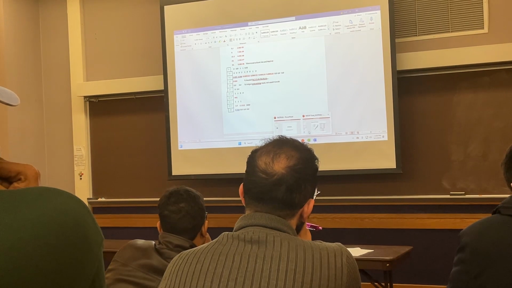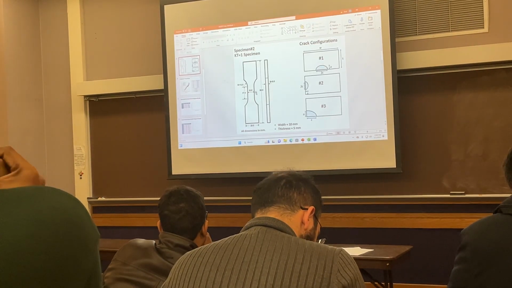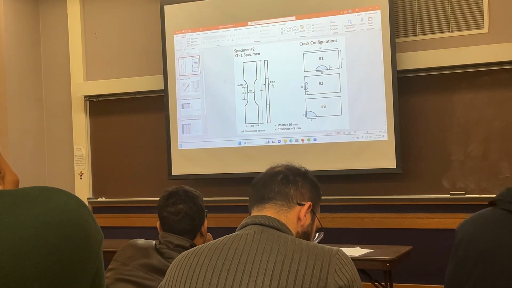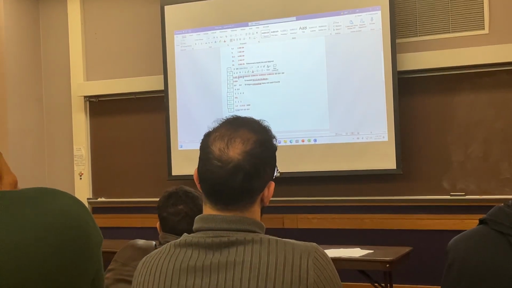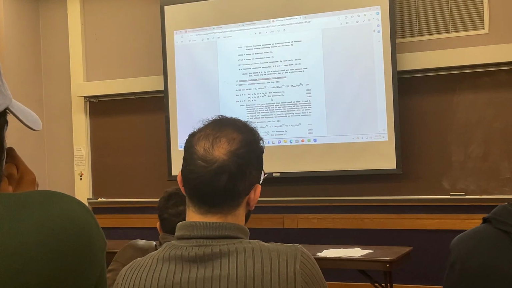So for your specimen, whatever it is, for example, in this case you have the width is 10, and thickness is 5 millimeter. So this one is width, this one is the thickness in millimeters. And if you go to number 12 in your